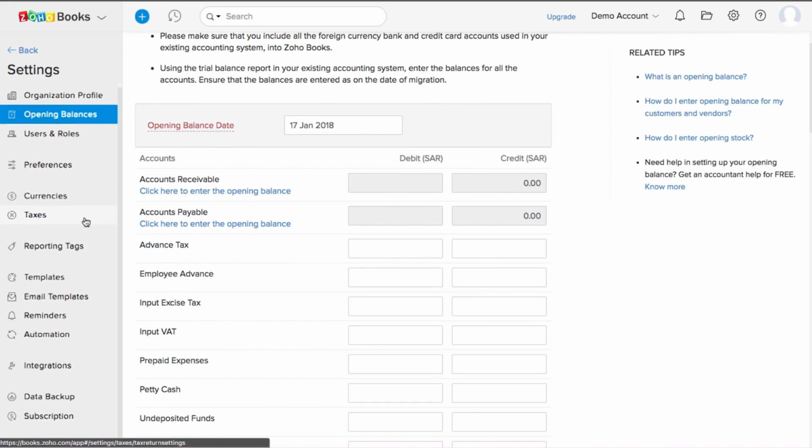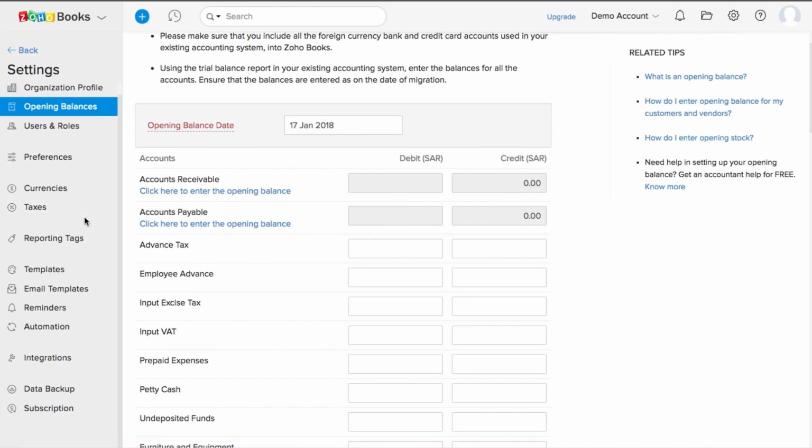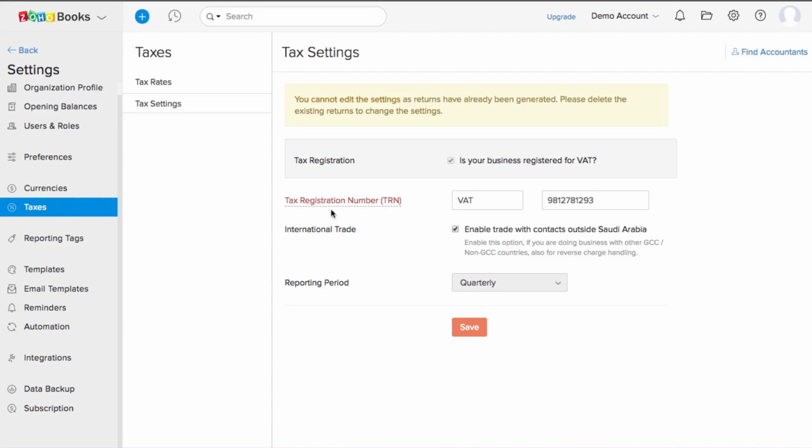So now let me quickly take you to the taxes section. The VAT is the elephant in the room, and that's what we'll see next. Here,